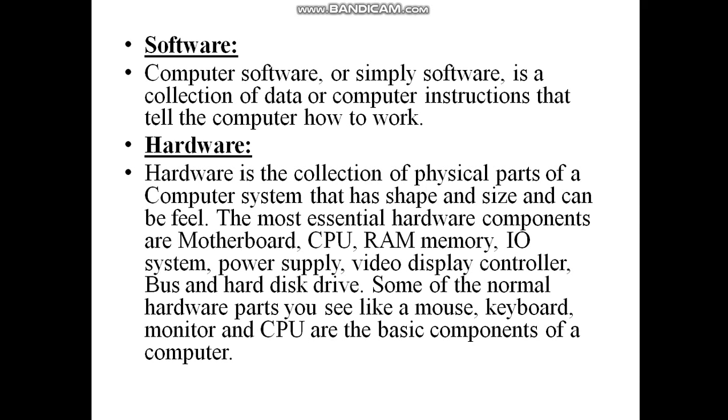Then hardware. Hardware is the collection of physical parts of a computer system that has a shape and size and can be felt. The most essential hardware components are the motherboard, CPU, RAM memory, input-output system, power supply, video display controller, bus, hard disk drive. Some of the normal hardware parts you see, like a mouse, keyboard, monitor, CPU, are the basic components of a